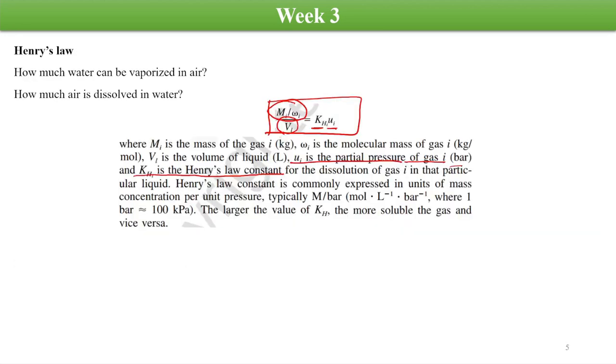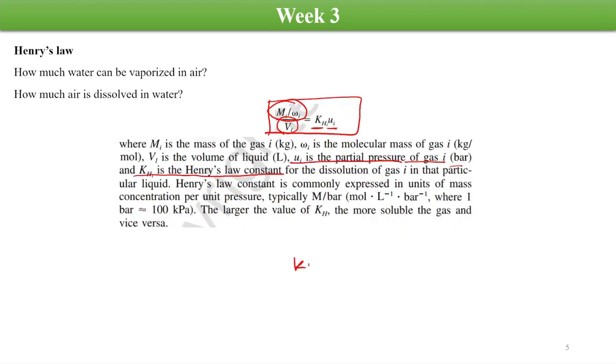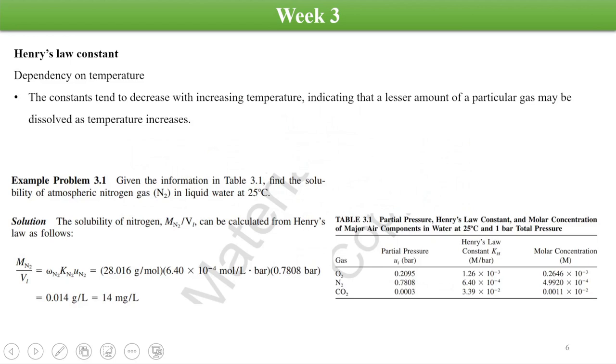This Henry's law constant, which is Khi, depends on the temperature. The constant tends to decrease with increase in temperature, indicating that a lesser amount of a particular gas may be dissolved as the temperature increases. So as the temperature increases, you will be able to dissolve less gas in the water. And we'll solve a very simple example to determine how much nitrogen can be dissolved in